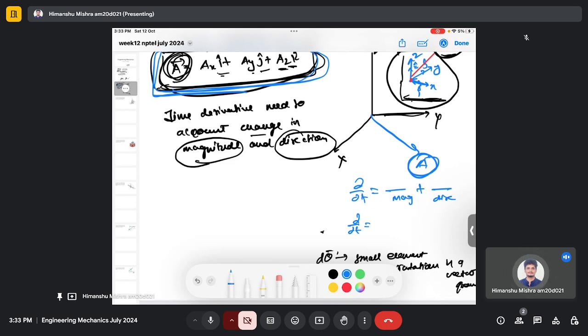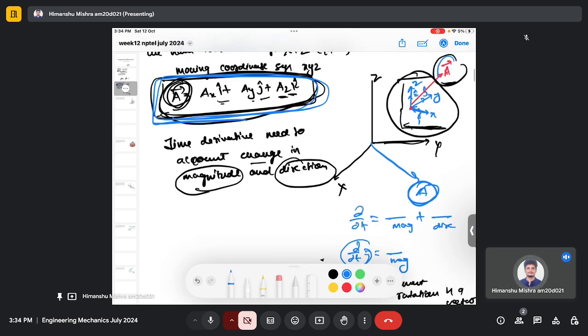So whenever there is a change in direction in the moving frame, vector A's direction is also accordingly changing, which means the rate of change with time will be defined in change in magnitude only, right? Because this vector A is moved along with the moving frame, right? So if you are sitting on the moving frame, you will not see the change in the direction of vector A, right? Because both are moving